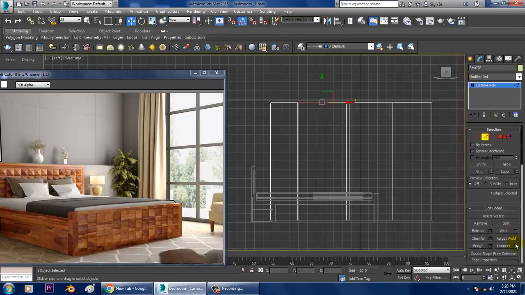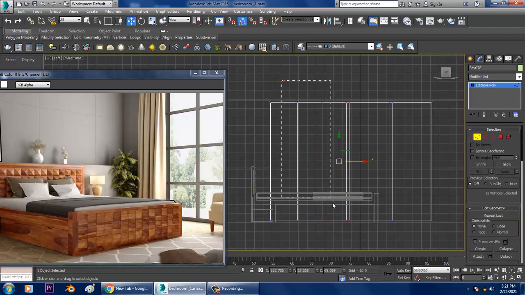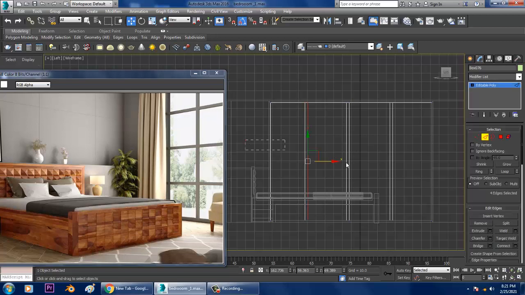So let's put one loop. So let's just scale it in this way. So let's again select these edges and let's just give connect.